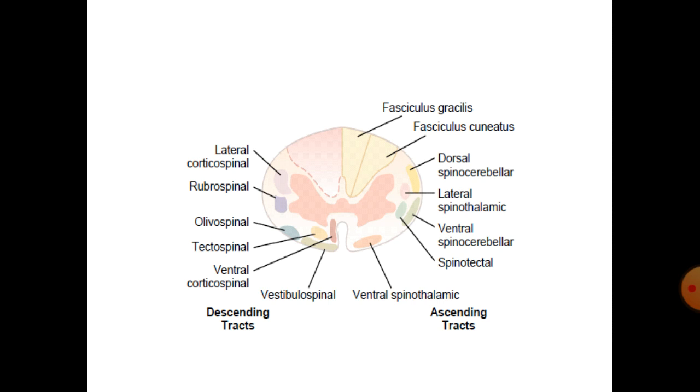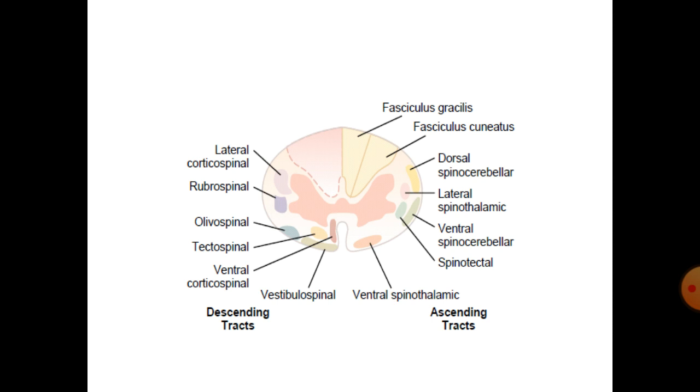So these are the ascending tracts. On the opposite side you can see the descending tracts are there. The lateral corticospinal tract you can see in light violet color, and then the ventral corticospinal tract in yellowish color on the ventral side. These bring the pyramidal tract. Pyramidal tract crossed fibers come through the lateral corticospinal tract. 80% of the fibers are crossed. 20% uncrossed fibers come through the ventral corticospinal tract in the anterior funiculus.